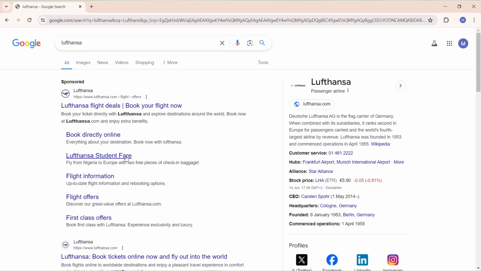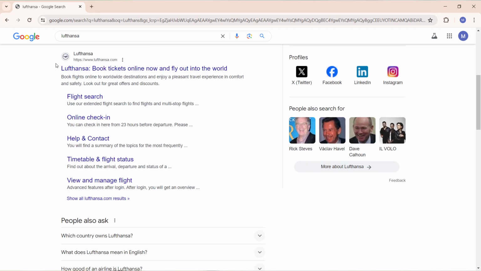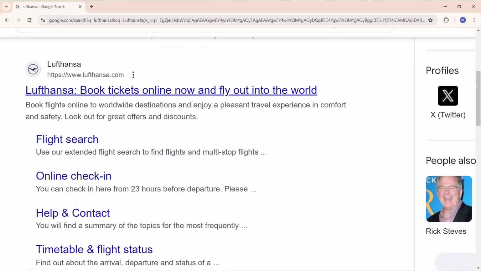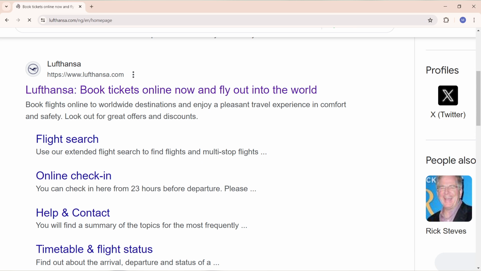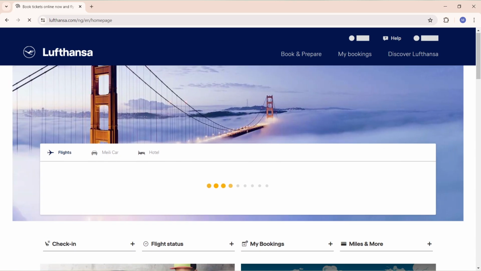Lufthansa and punch the enter button, and that's going to take you right here where you have a couple of URLs displayed. But this is the official website for Lufthansa. You have the https://www.lufthansa.com. So go ahead and click on OK, and once you click on OK, that brings you right here into